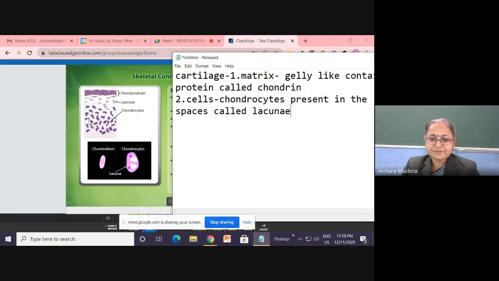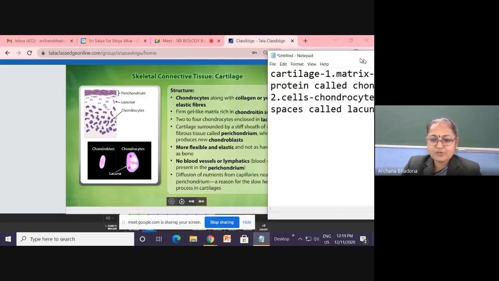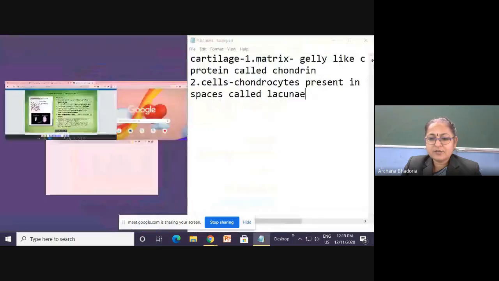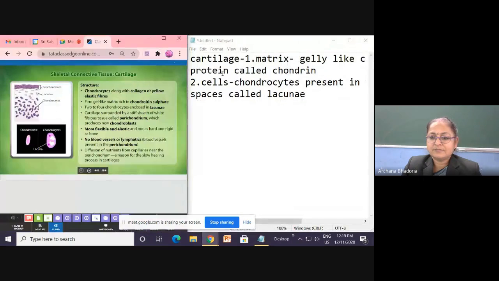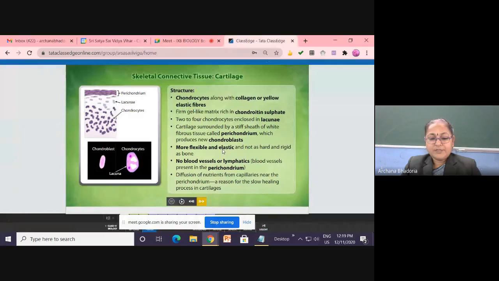Done. So how many components are there of the cartilage? Cartilage में कोई fibers नहीं होते. Is it clear? Cartilage will not have any fibers. Done, everyone? Yes, ma'am. Okay. So now try to see chondrocytes. I'm just minimizing. Okay. So now it is flexible. Write it further. It is flexible,